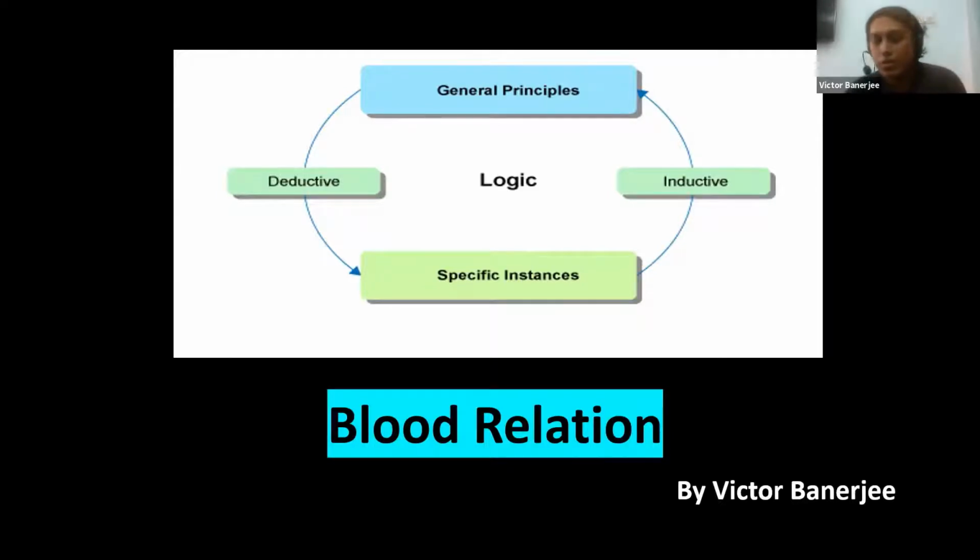So today our topic is blood relation puzzle. Actually, what we need to do is find a relation between two persons. Some intermediate relation would be given in terms of some puzzle or complicated statement, and we need to find out the final relation between two persons. That is the main objective. And we'll use a family diagram, a family tree. I'll show it one by one. So first of all,